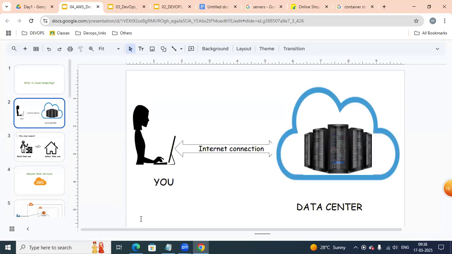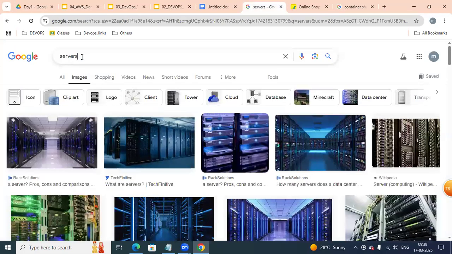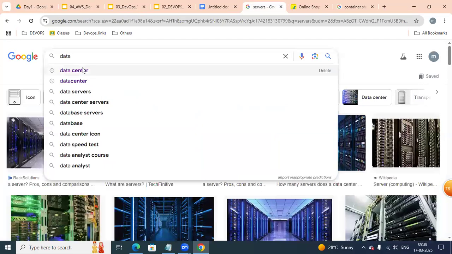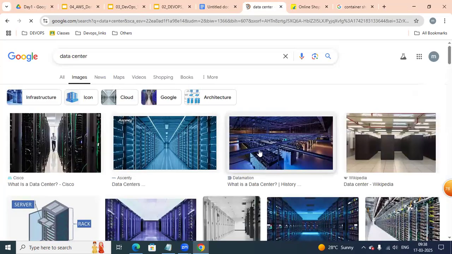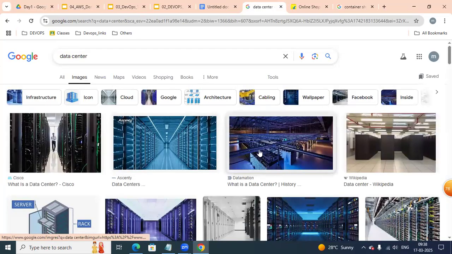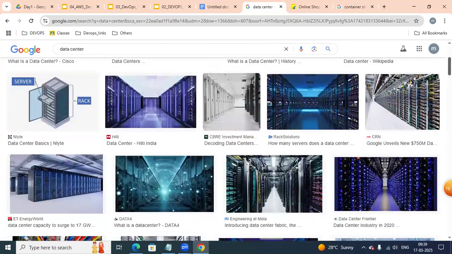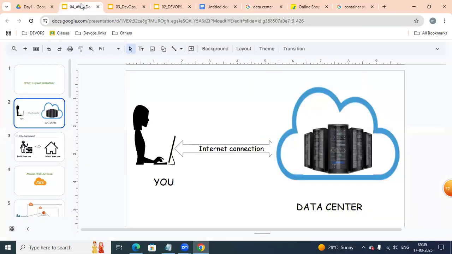These data centers are placed in remote places like in the US, in Hyderabad, in Mumbai, in so many places. From these data centers, if we can access resources like servers and databases over the internet from a laptop, that is nothing but cloud computing.